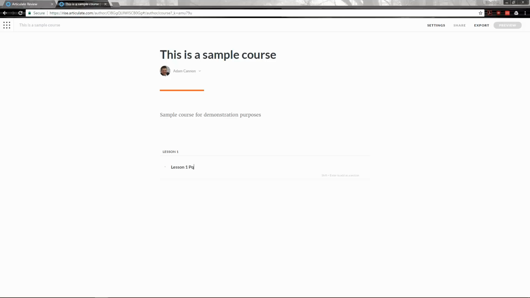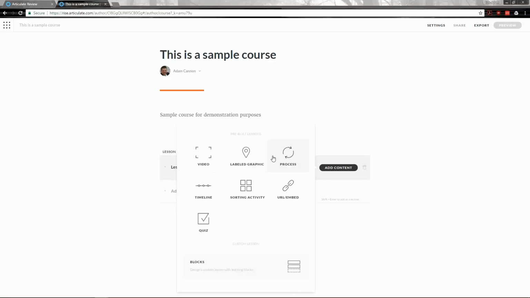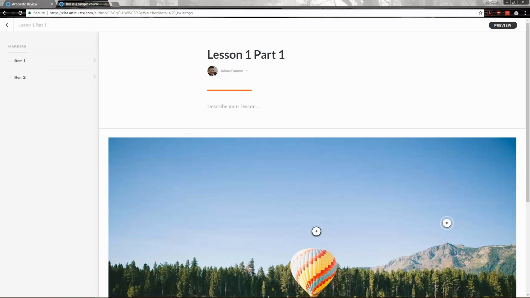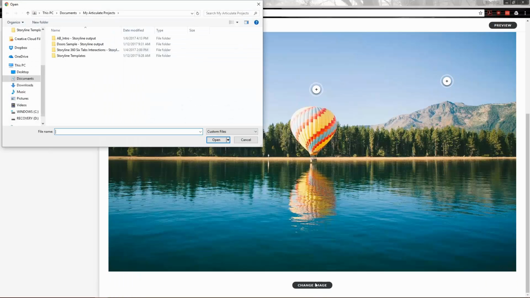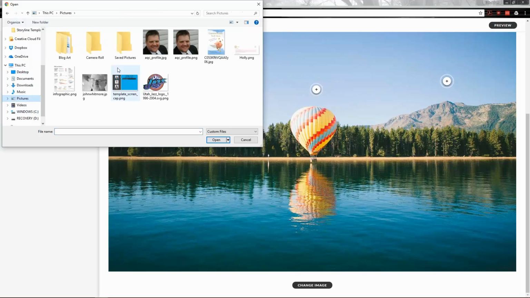So this is really quick. I've got different types of content I can add. I can add video, labeled graphics, process. I can embed a URL, a sorting activity, timeline, quiz, or I can do blocks, which just gives me a custom way of doing this. And so these are some pre-built ones. A labeled graphic brings it in, and I can change the graphic very easily. I can change the image here, go in and grab an image and say I'm going to go to my downloads, and I'm going to grab this image here and bring it in, and it's uploading,